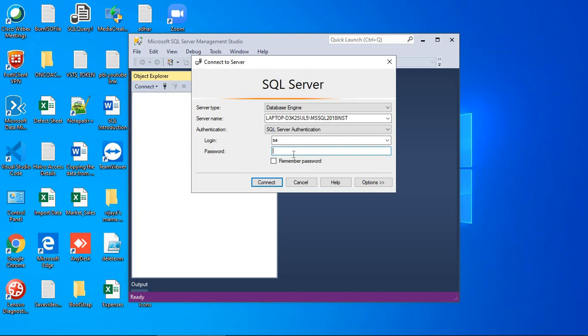While installing SQL Server, it will ask for that username and password, so you can give it there while installing. I already gave the username and password. The username by default will show SA, so we can provide only the password while installing. Okay, I already provided that password. I am going to log in through that. Let me log in.